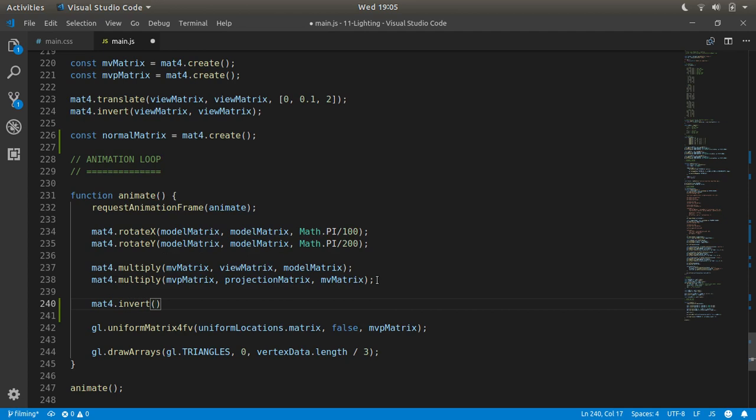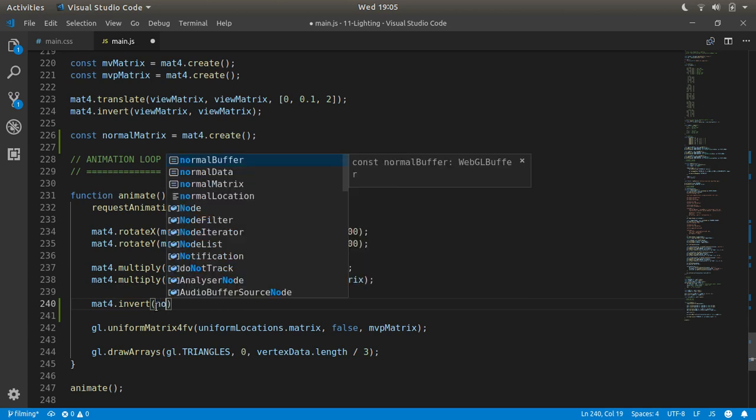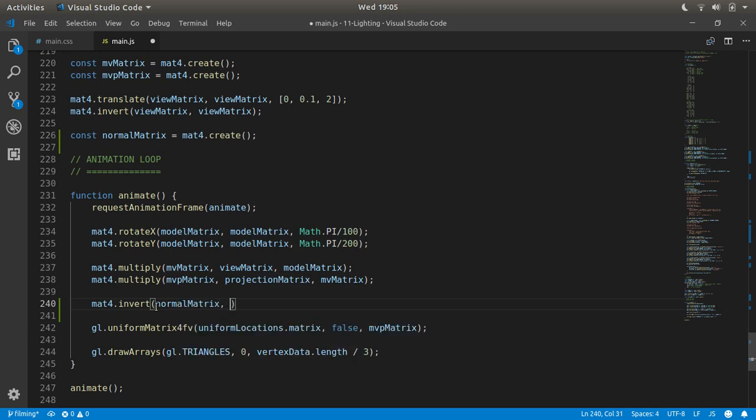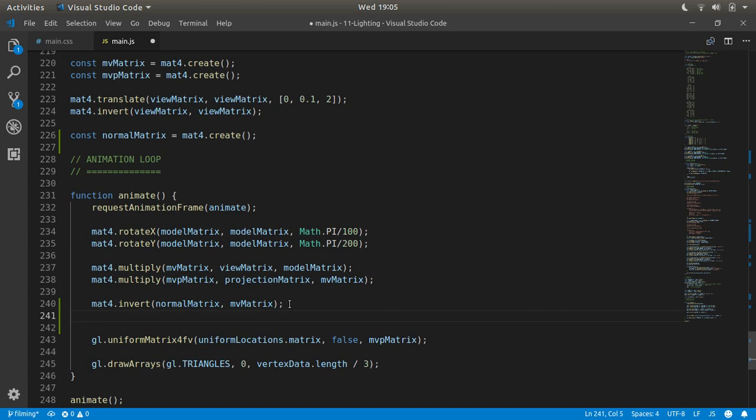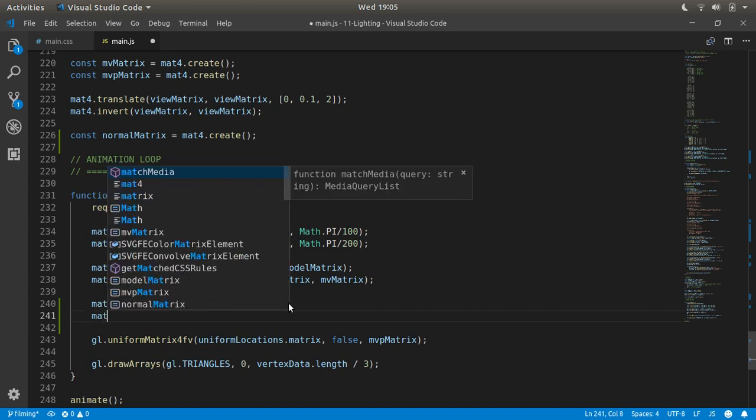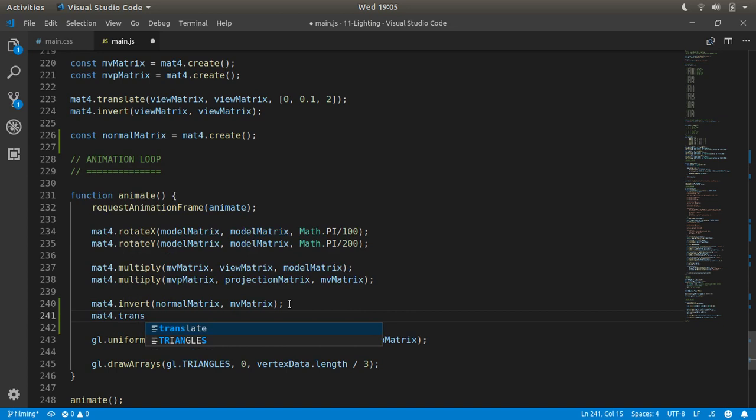And in the JavaScript matrix API, remember the first argument is the receiving matrix, which is normal matrix, and we're going to start with MV matrix. So it's going to start with MV matrix, and then it will invert that and store it in normal matrix. So the normal matrix has an inverted version of the model view matrix, and then we transpose